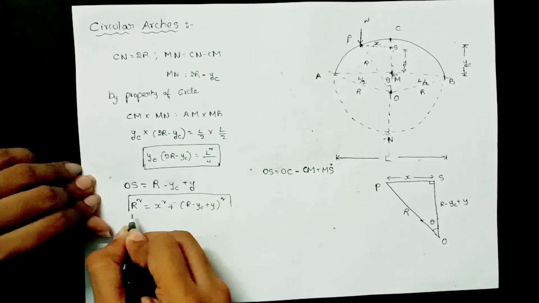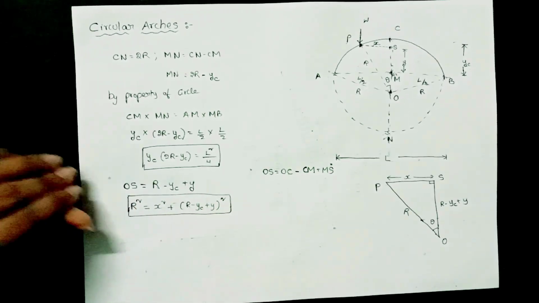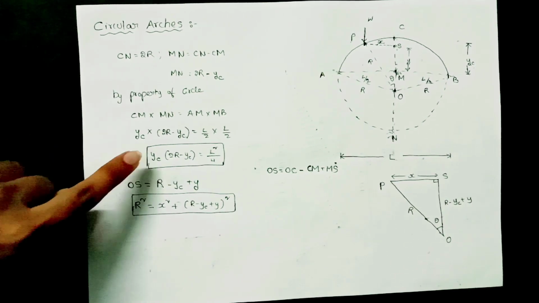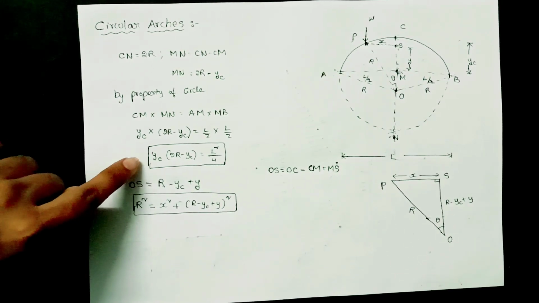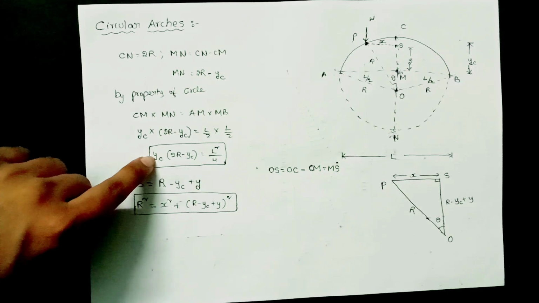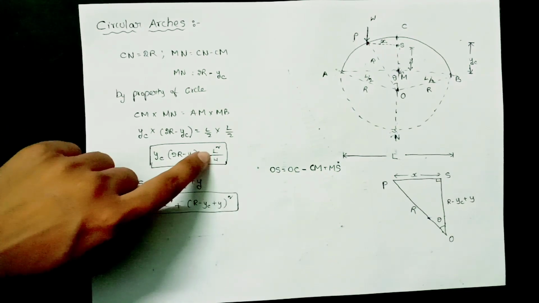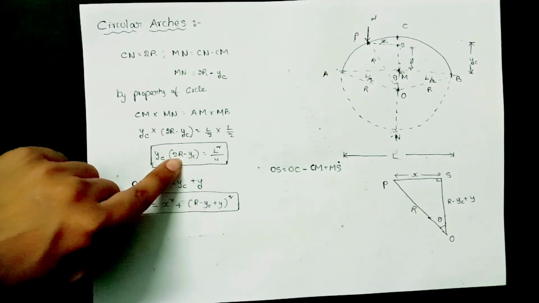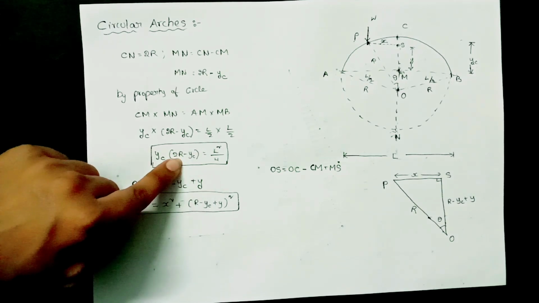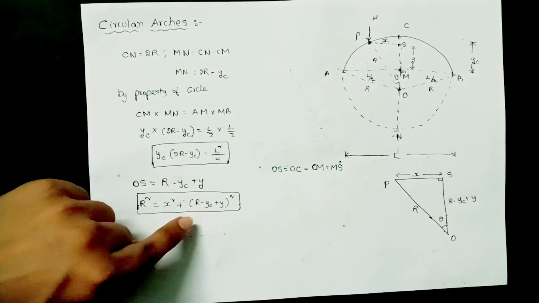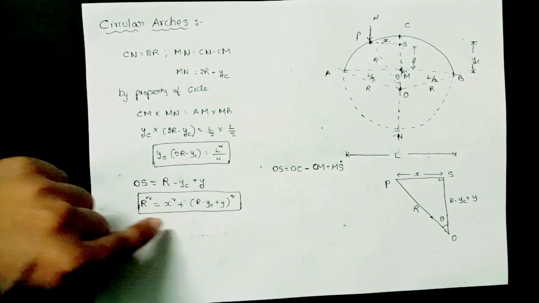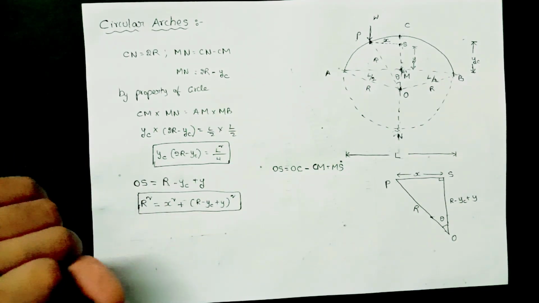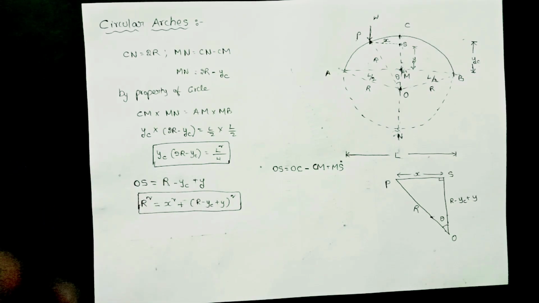So this is another formula which is used in the analysis of circular arches. This formula is used to calculate the radius of the arch. In the question, the YC value, the central rise, is given and L is the span which is also given. So you have to find the value of R, that means the radius of the circular arch. The next one is to find out the rise at various points. So we have to use this formula for calculation of rises at various points.